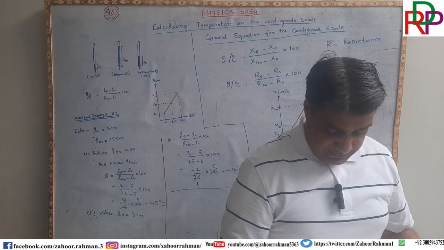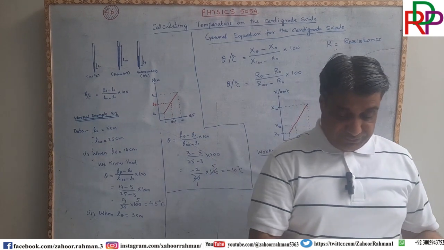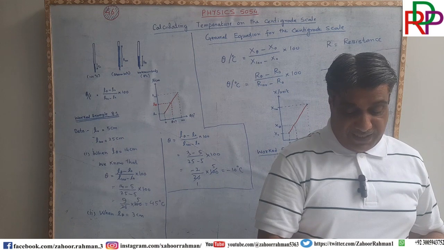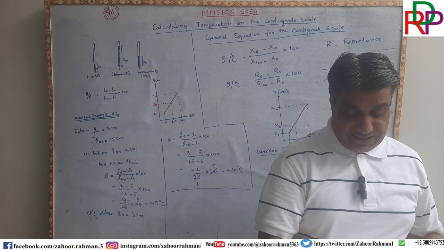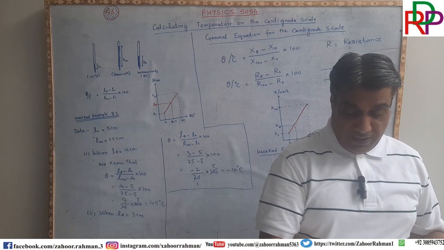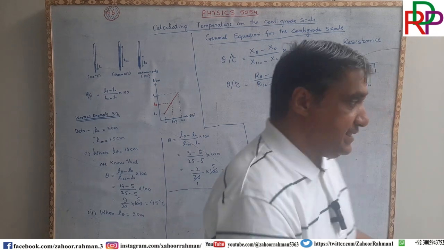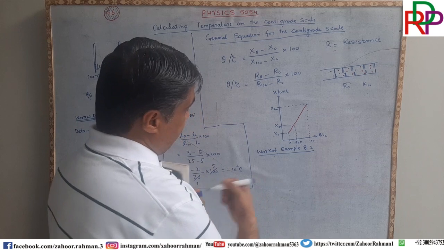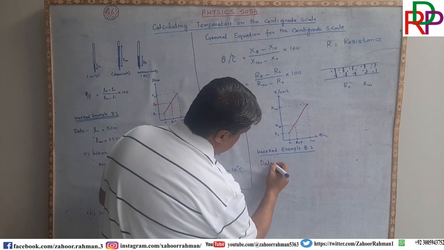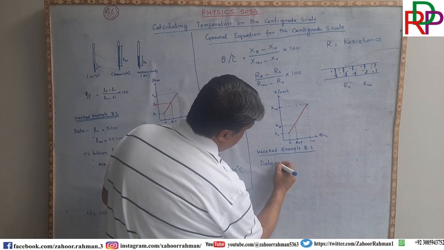Ladies and gentlemen, the question is saying a piece of metal wire has a resistance of 800 ohm at the ice point. So the data given to us: